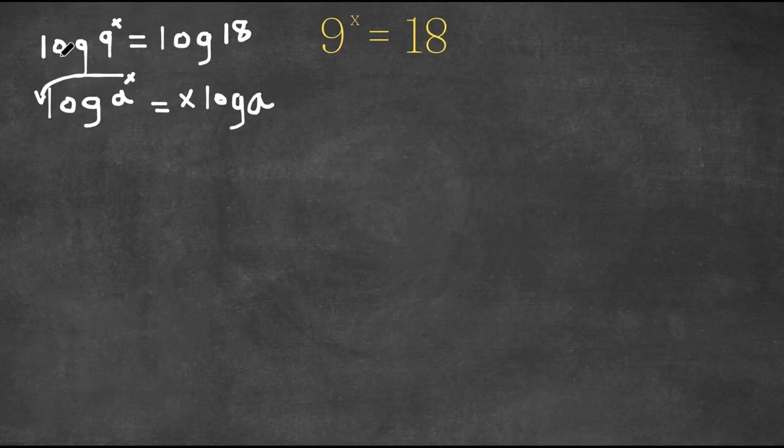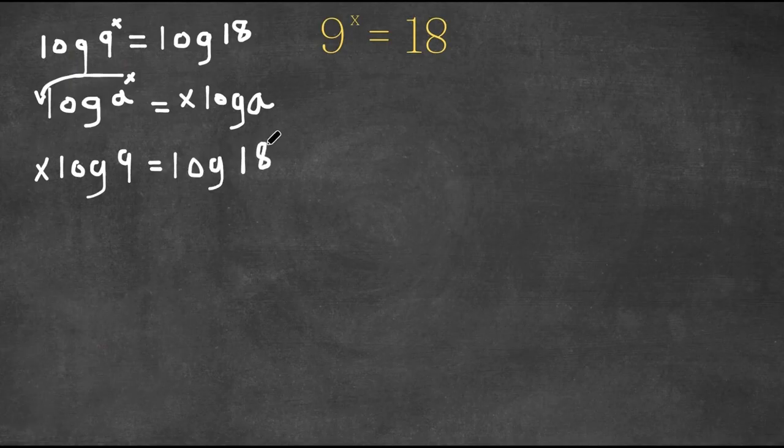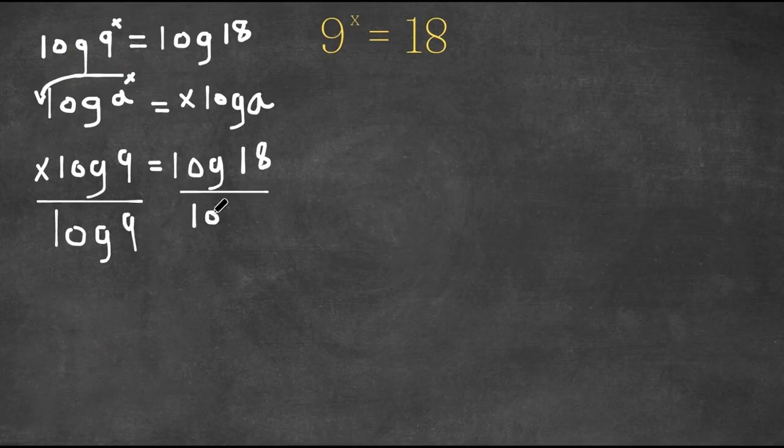So I'm actually going to change log 9 to the power of x into x log 9, and this is equal to log 18. Now, if I divide both sides by log 9, these two cancel out,